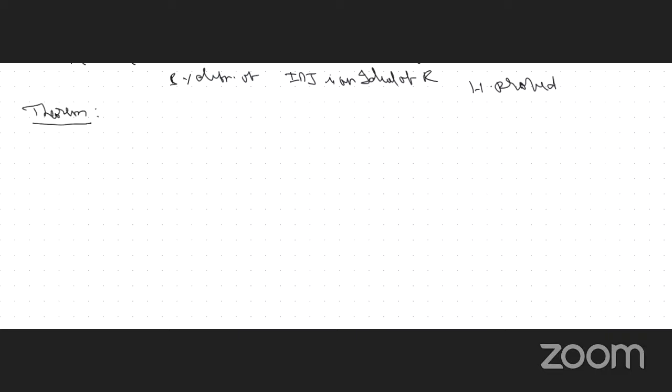Statement: if R is a commutative ring, and small a belongs to R,